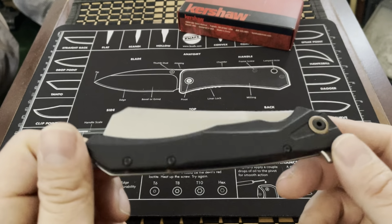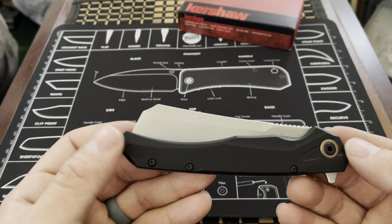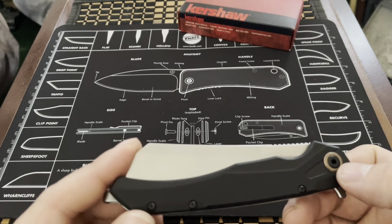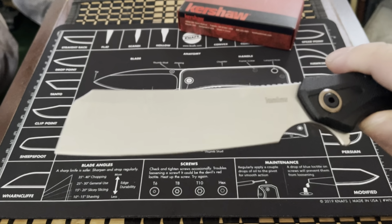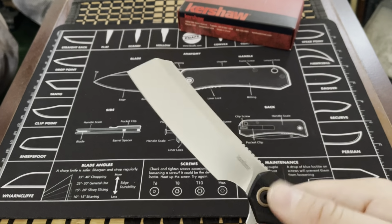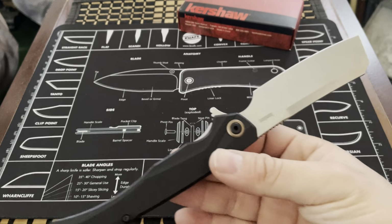For some of you people who don't care either way, whether or not it is a cleaver or not, I gotta tell you, this is not bad. Sheep's foot cleaver, whatever you want to call it, it works. It works well, and it's plenty blade. It really is. It's plenty blade. I gotta tell you though,